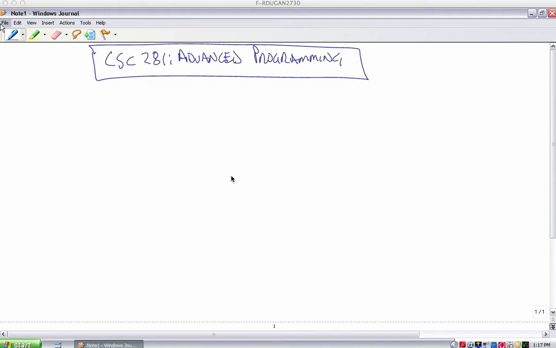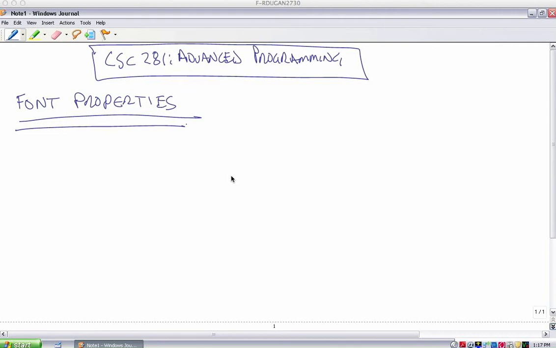So today what I'm going to do is talk to you about font properties. We're continuing our discussion of CSS, cascading style sheets. Now, one of the fundamental properties of a font is the family to which the font belongs. I'll give you an example of a declaration of a font family property in a cascading style sheet. You could say font-family